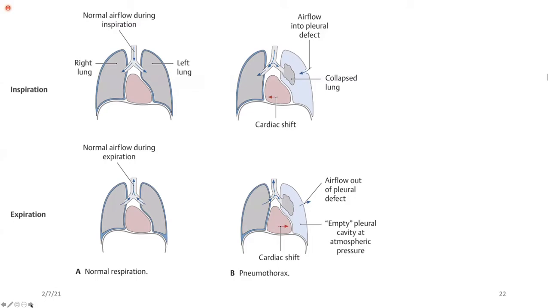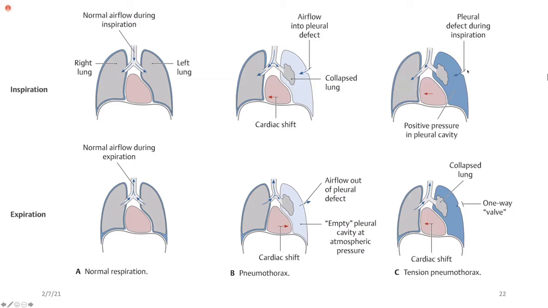But further to it, in some situations there is a wound or injury. There is a valve-like situation. Now, when we inhale, air comes in, so the heart and mediastinal structures are pushed to the opposite side. But when we exhale, no air is going out. It acts as a valve. With each inhalation, the air keeps increasing and increasing. And this will become my tension pneumothorax. If I don't deflate this, I will see somebody dead in front of my eyes within no time.